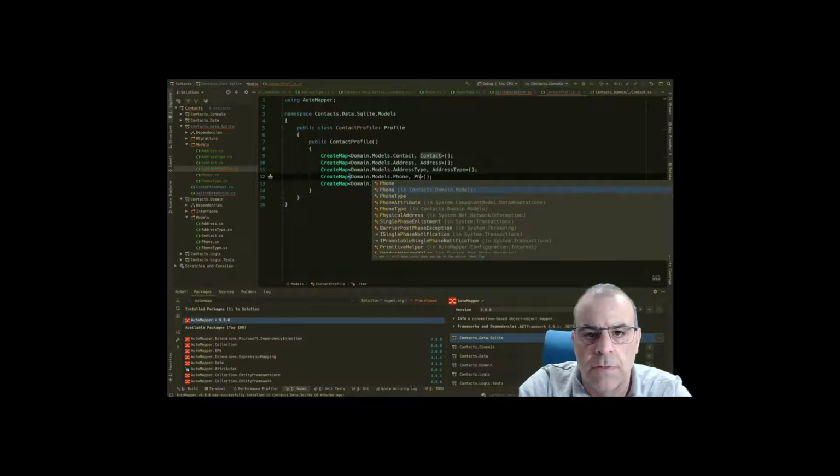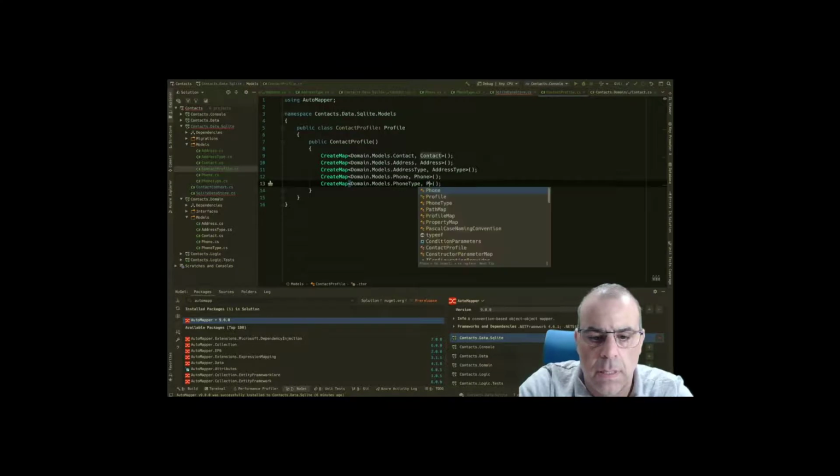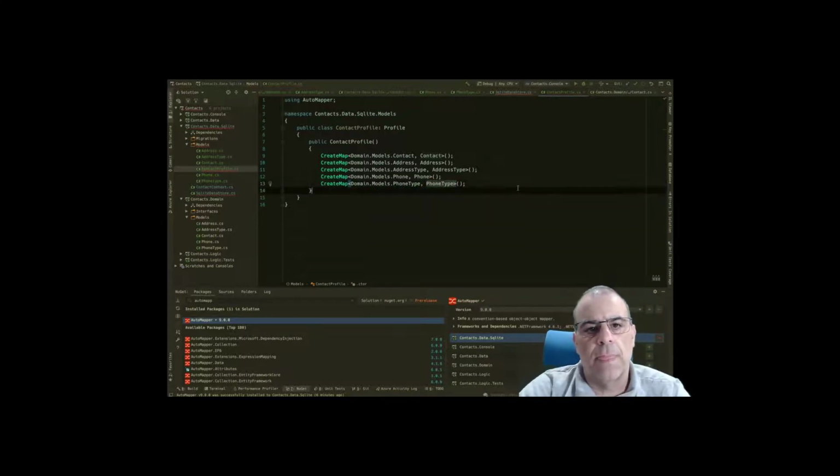Oh, this is phone, and I put the wrong phone in there. And then phone type, and then phone type. So that says anytime I get a reference to domain models.contact, create a mapping to